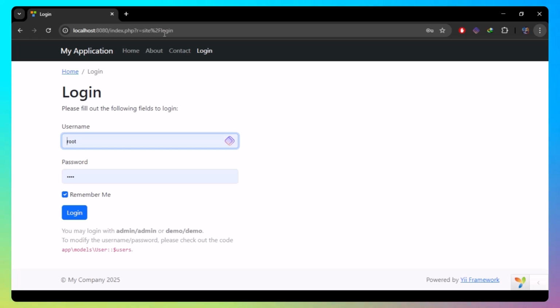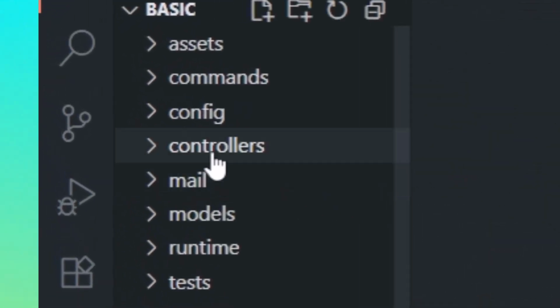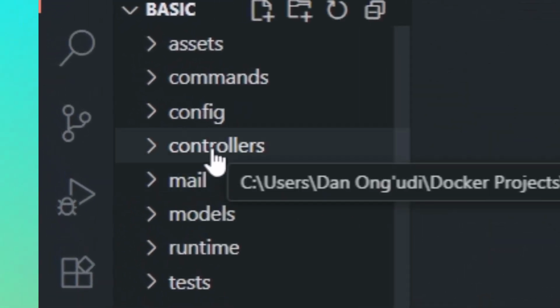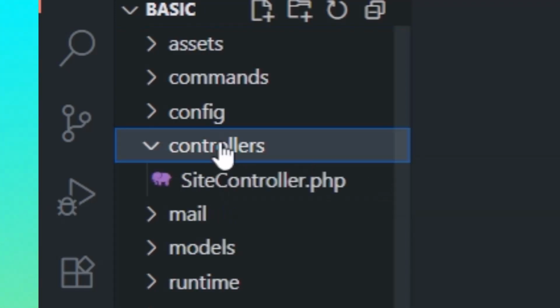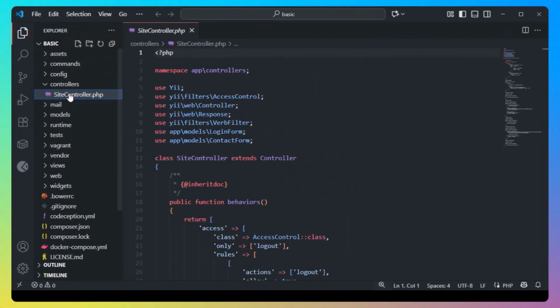So what I'm going to show you right now is going to the actual code and see how it is being defined there. I talked about controllers, site controller. So here is where we have all our controllers. On the side we have a directory called controllers. So just click that and then we'll have our site controller. If we click the site controller, we can see we have